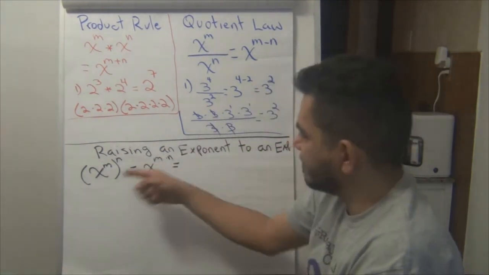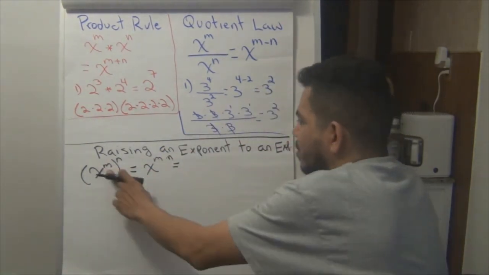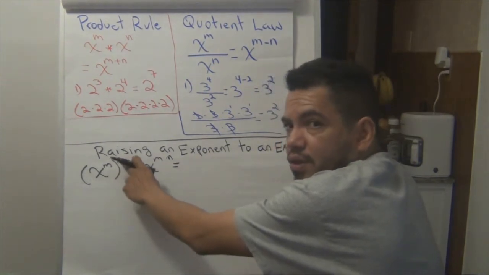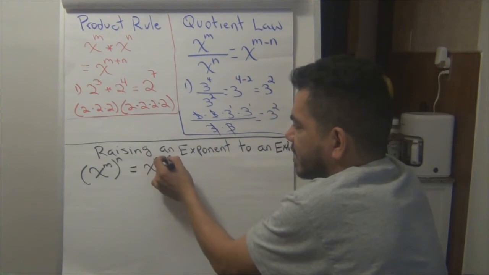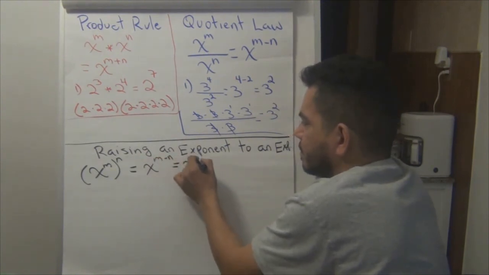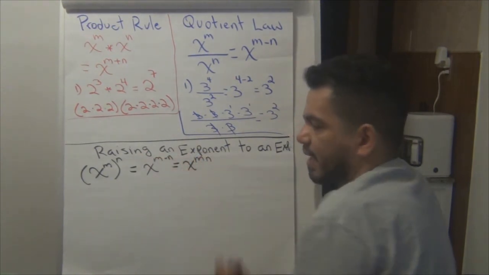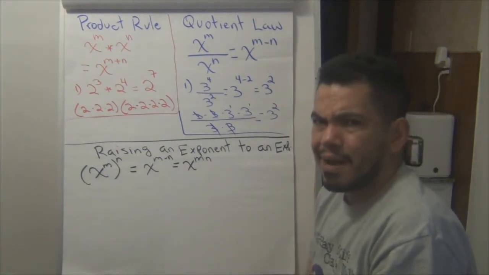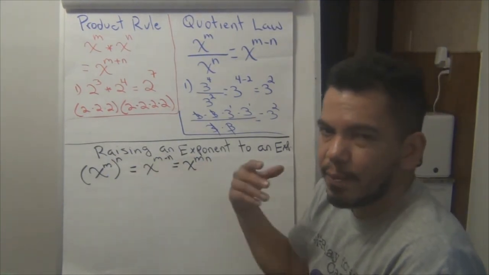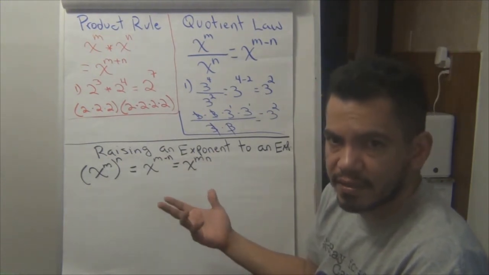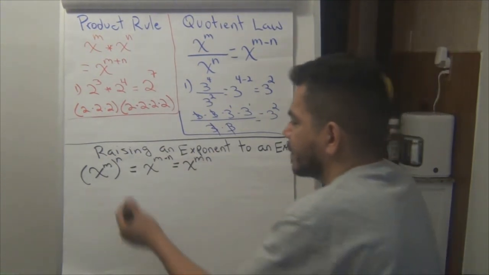I answer the phone and I'm still writing the rule. So it says that when you raise a power to another, raise an exponent to another exponent, all you have to do is multiply the exponents. So in other words, that's the rule. Yeah, but like, okay, I understand how to do it, but can you prove to me that that's really what it is? Sure. Look,